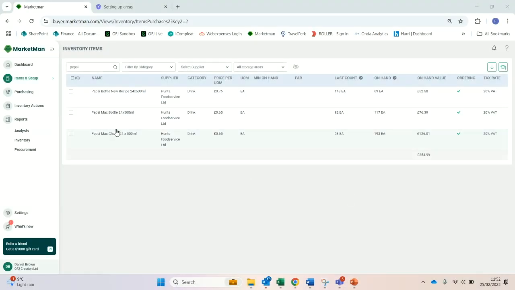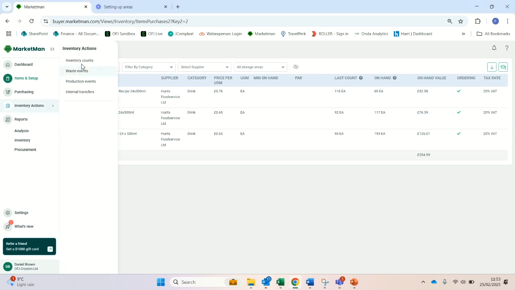Okay, in this section, we are going to go ahead and zero lines for our counts. This is a very important action because if we do our stock counts and we haven't entered a stock amount for every single line, it will still be showing the amount of stock that we had on our previous count. So before we start doing any of our stock counts, we go to inventory actions, we go to inventory counts,